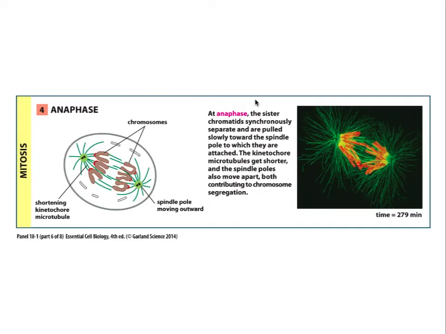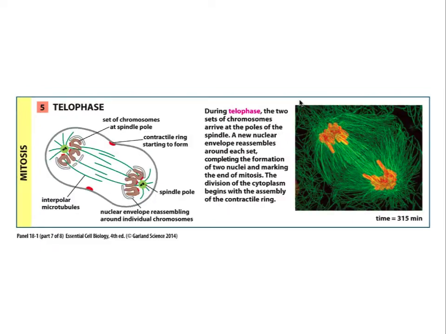Once everything checks out in metaphase, anaphase quickly takes place, where the individual sister chromatids are separated from each other, and now they become known as chromosomes in their own right, pulled towards the different poles of the cell. The final phase of mitosis is the arrival of the chromosomes at the poles of the spindle and the reformation of the nuclear envelope around each pole. Each individual chromosome begins to lengthen and disappear.